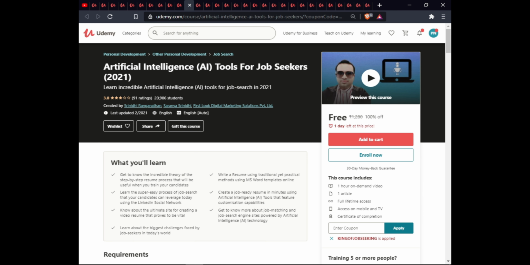The next course is AI Tools for Job Seekers 2021. In this course, you will get to know the incredible theory of the step-by-step resume process that will be useful when you train your candidate. Write a resume using traditional and practical methods using MS Word and online templates, and learn a super easy job search process that your candidate can leverage today using the LinkedIn social network. Create a job-ready resume in minutes using AI tools